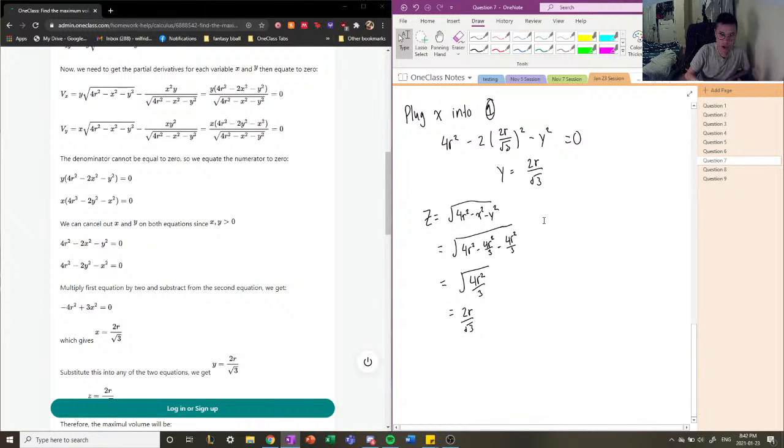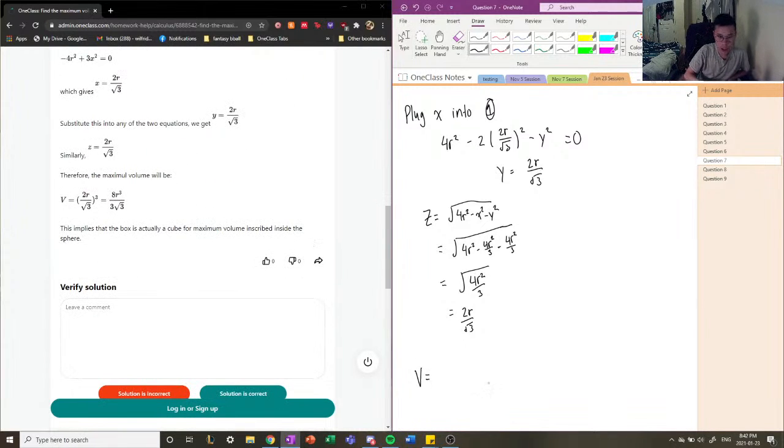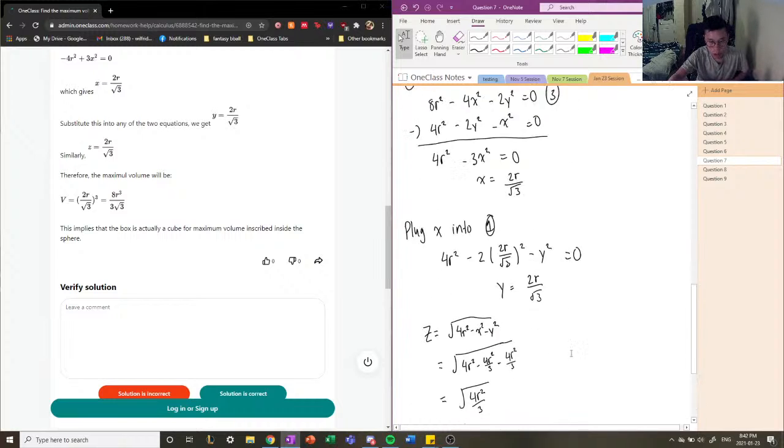So therefore, the volume that is maximized by these dimensions is going to be equal to x times y times z, which is equal to (2r over root 3) cubed, and that's equal to 8r³ divided by 3 times root 3. Okay, so